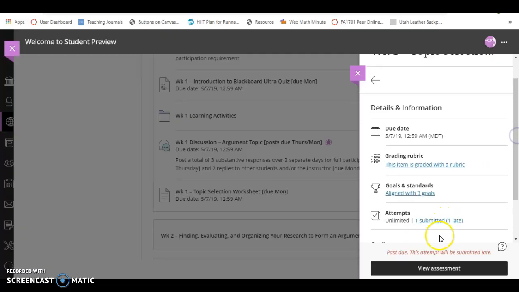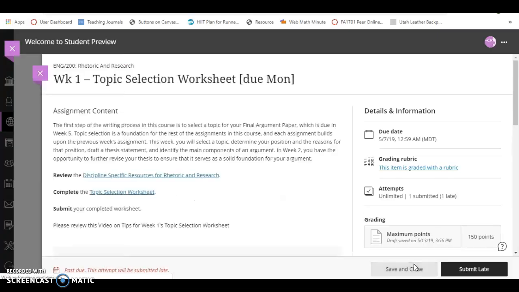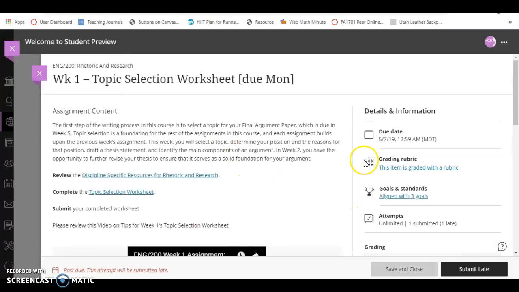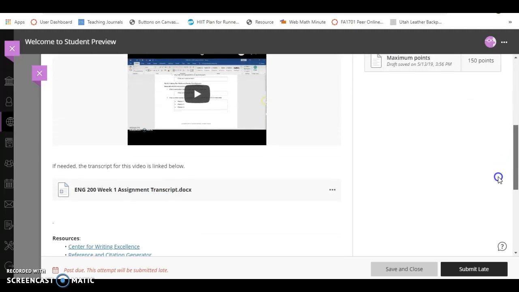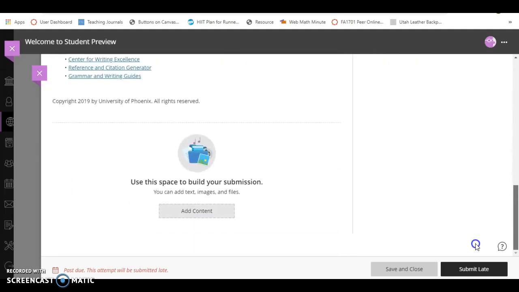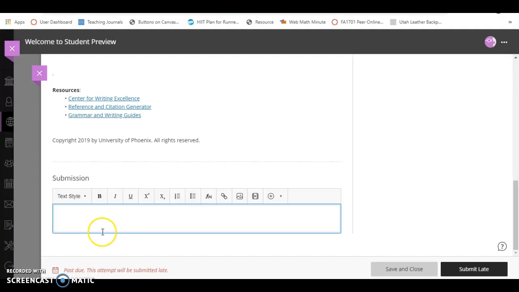Okay, I want to view the assessment. I'm going to carefully review the assignment directions. Okay, and then what I can do is, you look down here, I can add text, images, or files here. Okay, if I click on add content, what I could do is, let's say,